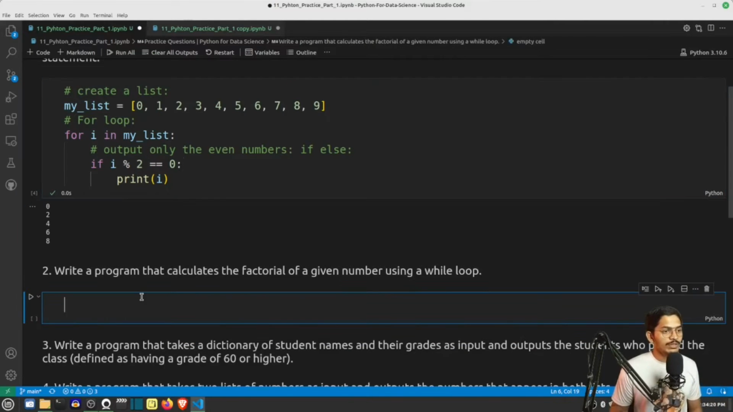So let's see what our second question is. Write a program that calculates the factorial of a given number using a while loop. Here we have to take a user input. So we will break this task down first. We will say: take a user input